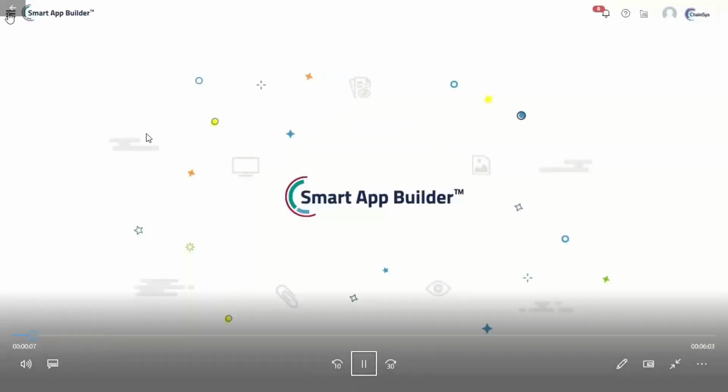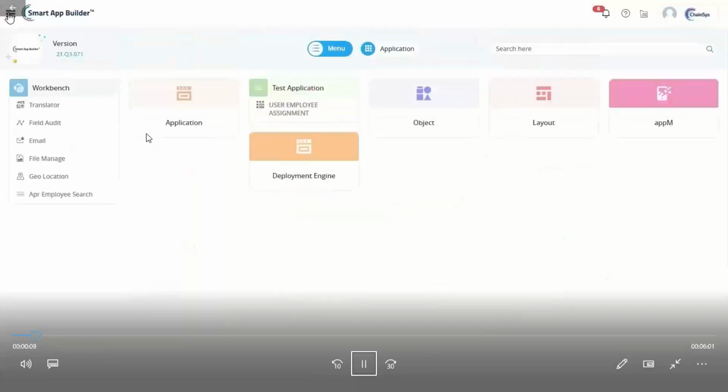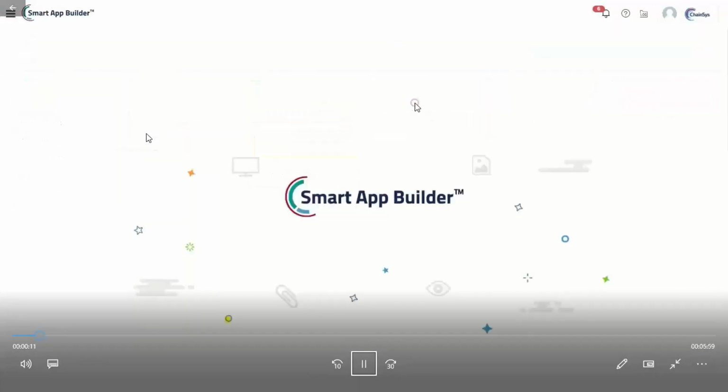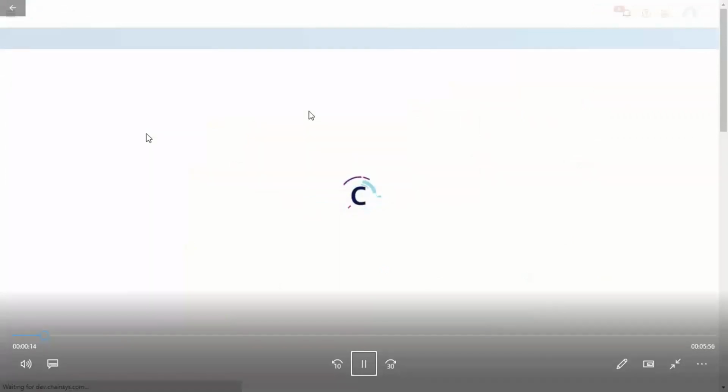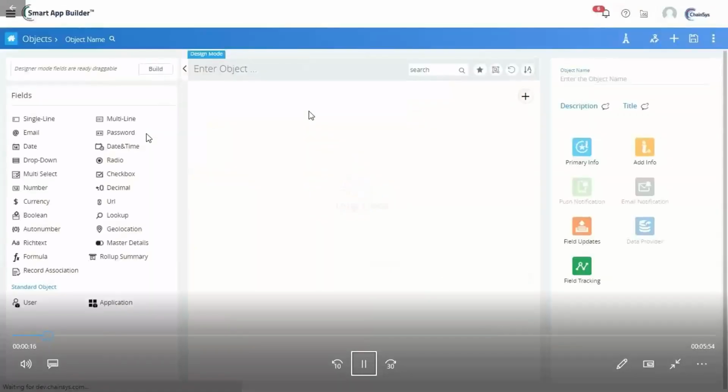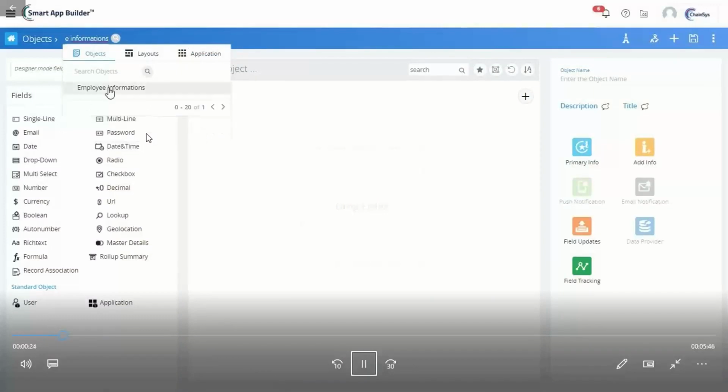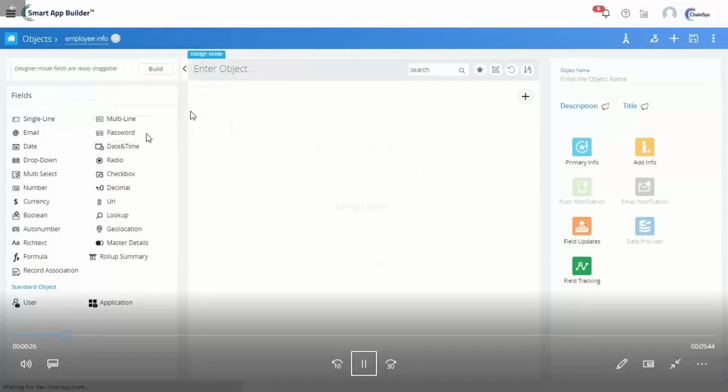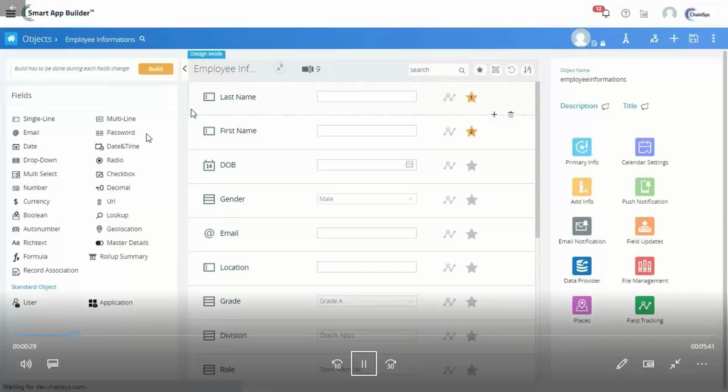The user needs to navigate to the Object Designer page. Search and select the object at the top of the page. File management is present in the properties of that object.